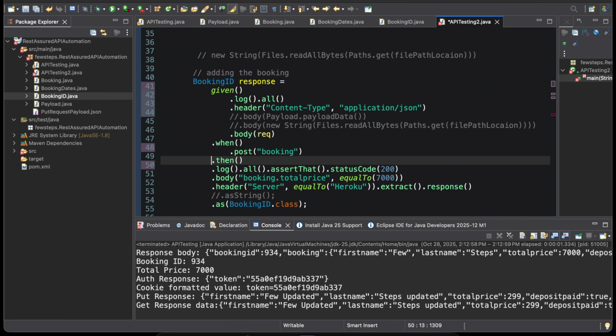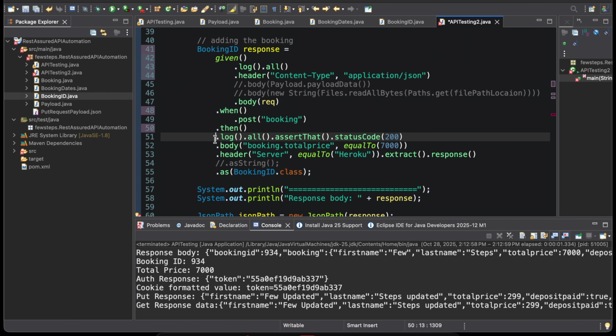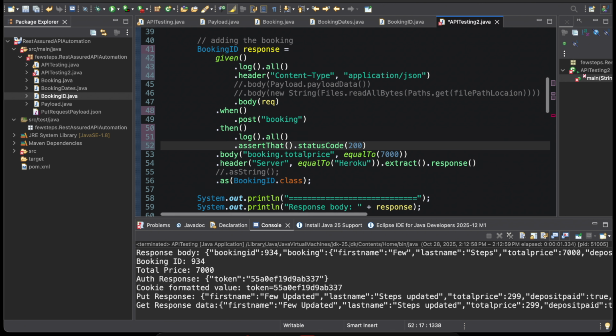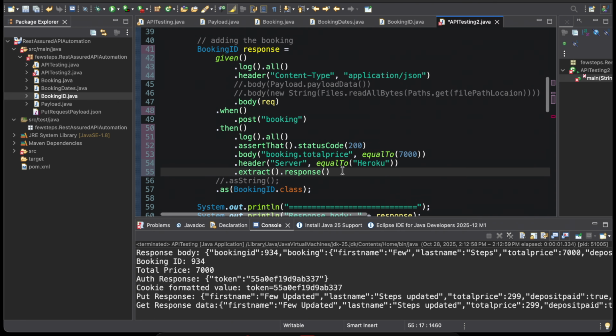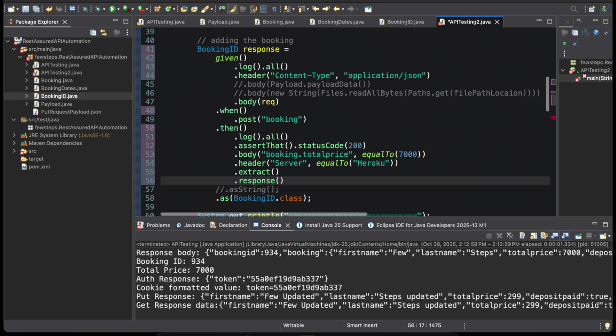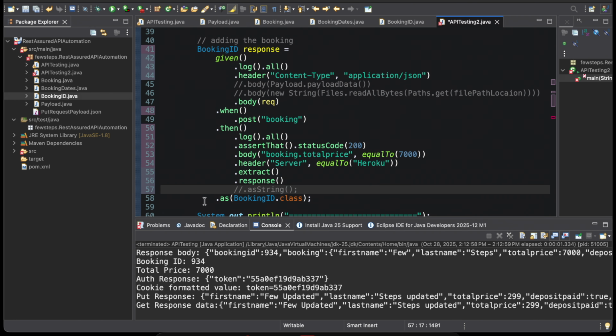So this is the then block, and here log is fine, log dot all, then assert that is fine, status code is fine, body this thing, header, then this thing header server, this one equal this one, and extract, then response, and finally this thing we commented